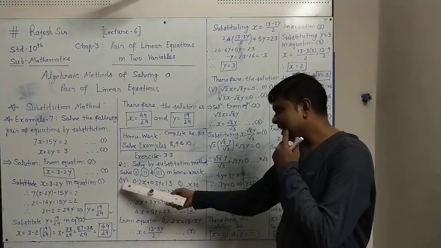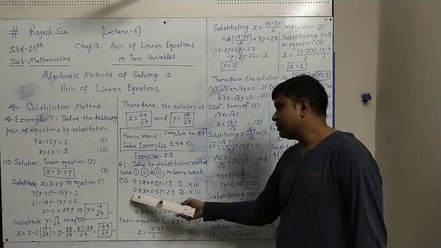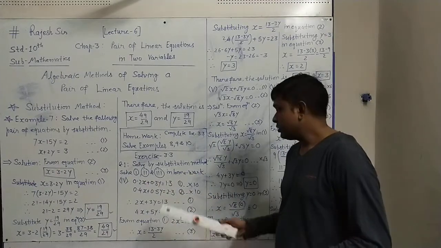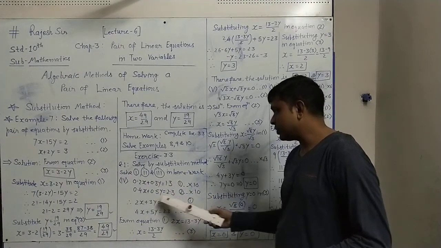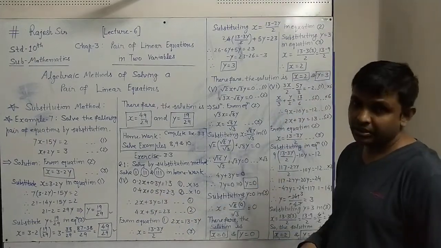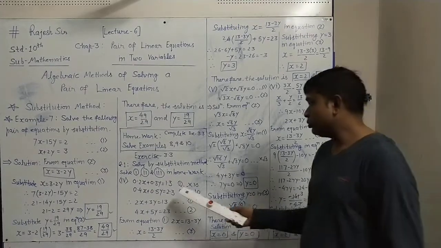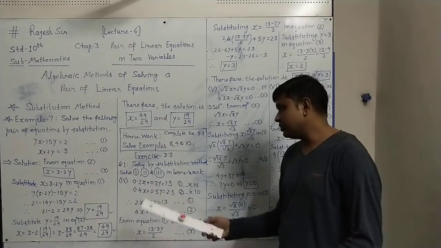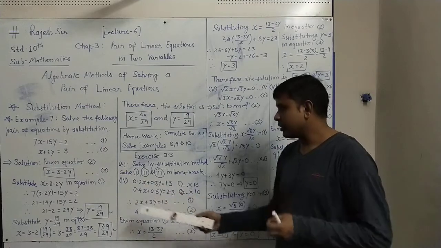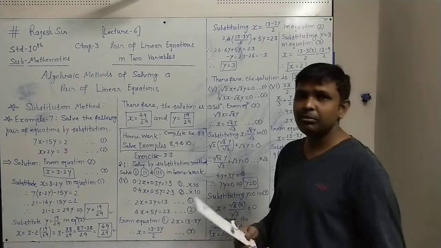So the fourth one in question number 1 is 0.2x plus 0.3y equal to 1.3 and 0.4x plus 0.5y equal to 2.3. This pair of equations is given. Say the first equation is 1 and the second equation is 2. The decimal point is placed there and will disturb us, as it is a complicated presentation. To remove these points, you know that in all the terms, after one digit from the unit place the point is there. To remove it you can do this very simply.